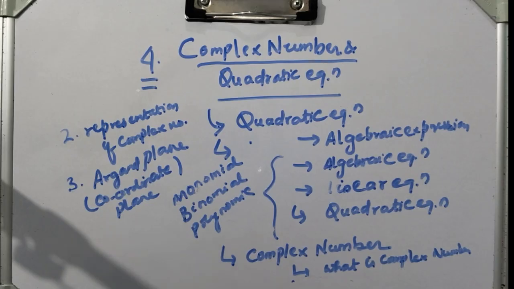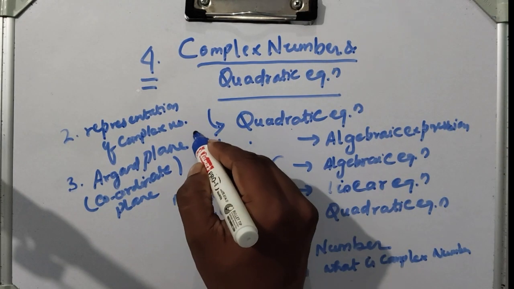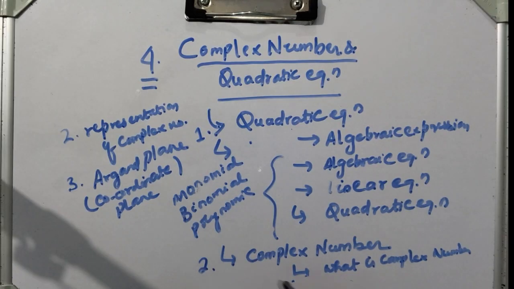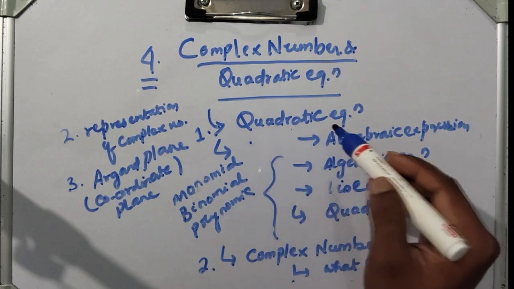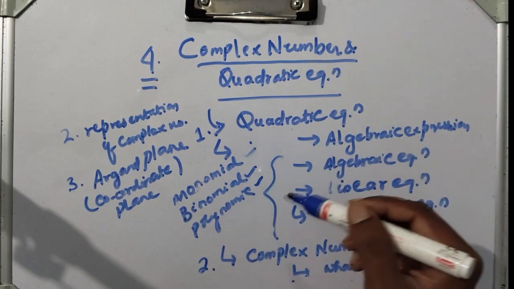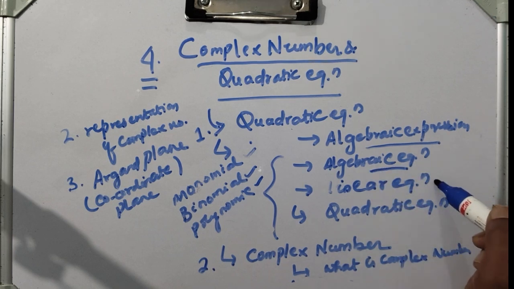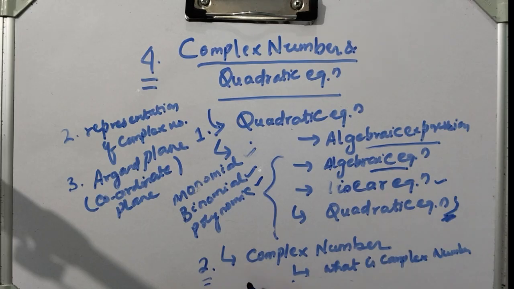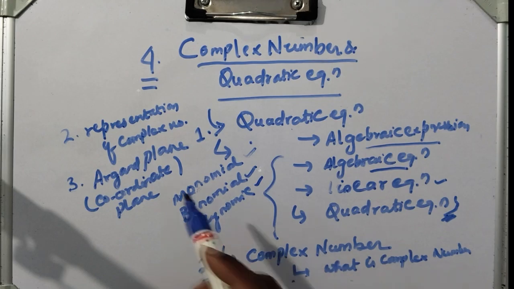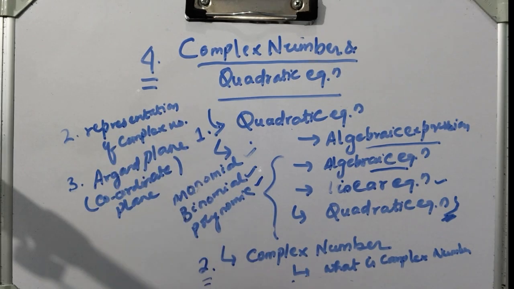And so that's it. So first we will look at quadratic equation, and second, complex number. In the quadratic equation part we will look at monomial, binomial, polynomial, and algebraic equation, linear equation, then quadratic equation. Then we will learn about complex number, that is our topic. What is complex number? Its representation and argand plane or coordinate plane. Okay,